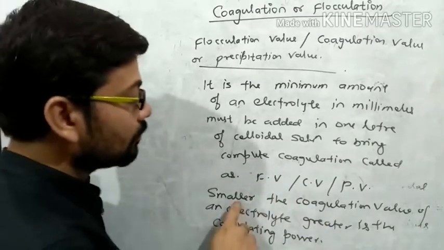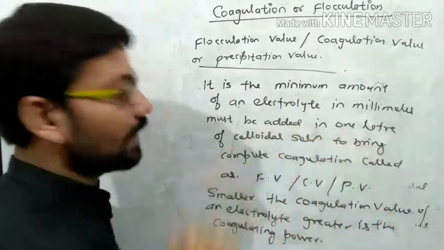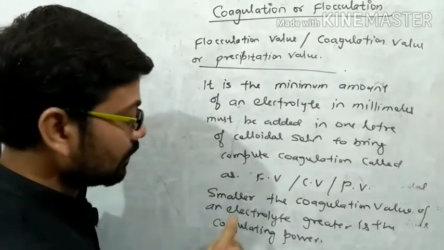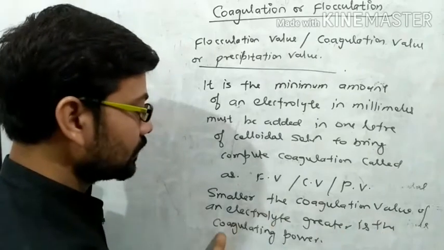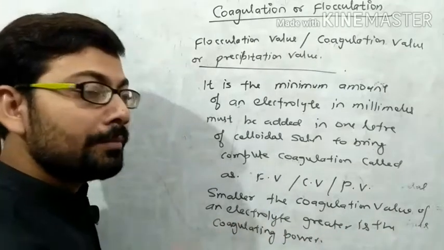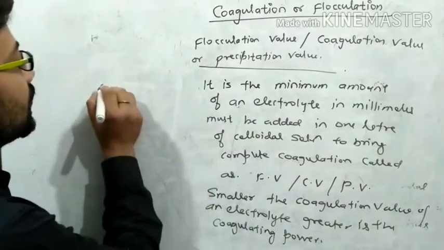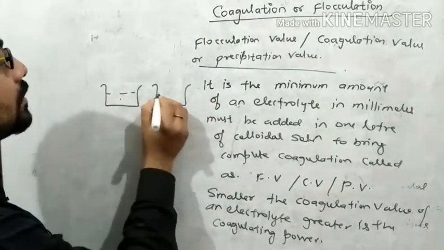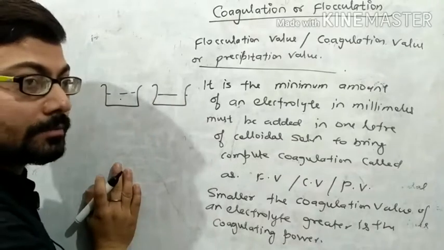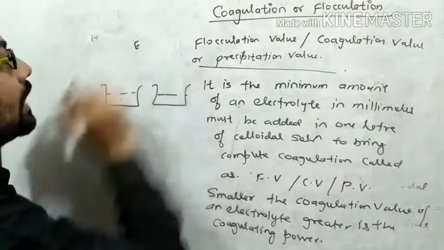Means smaller the coagulating value of an electrolyte, greater is the coagulating power. Means ऐसे समझिए कि अगर हमारे पास दो बीकर हैं, इसमें भी कोलाइडल सॉल्यूशन, इसमें भी कोलाइडल सॉल्यूशन, एक इलेक्ट्रोलाइट